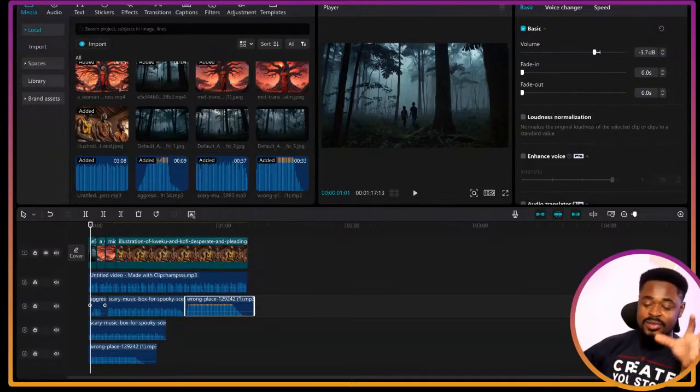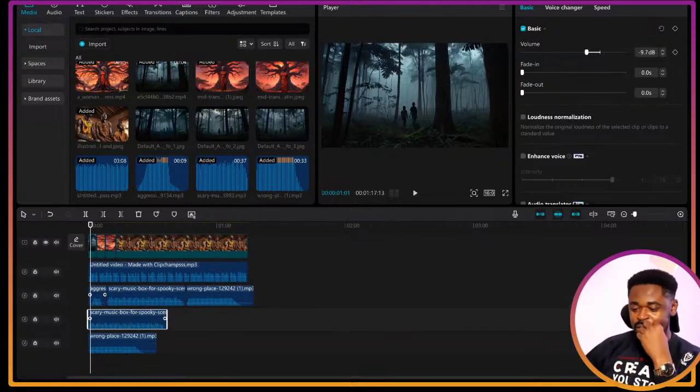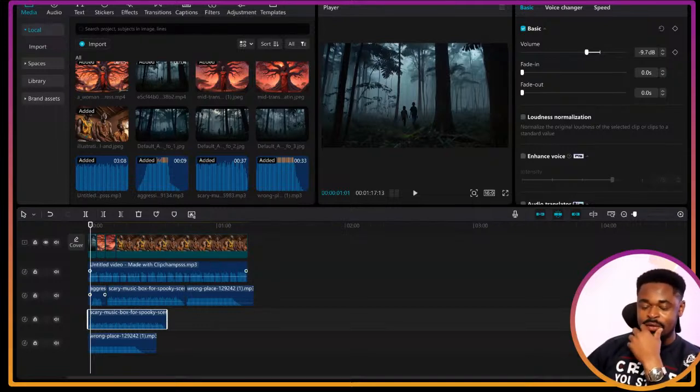Now, this is very important. Don't just add sound effects or song that would overshadow the voice. Because if you do that, you see some people in the comment section saying a lot of things. Oh, increase the volume, make it louder, or something like reduce the sound, reduce the sound. So you don't want people complaining in the comment section to reduce the sound. So you want to reduce the sound so it won't overshadow